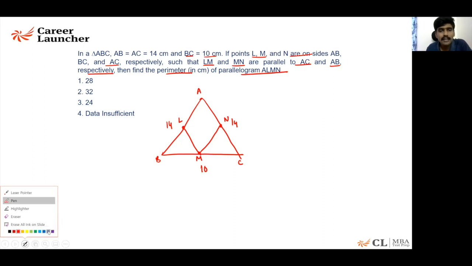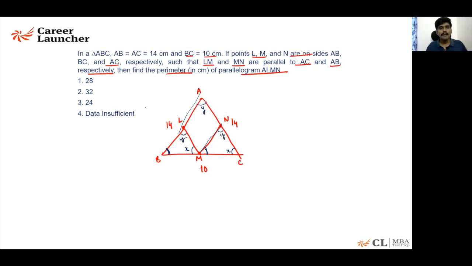Now, if you look at this parallelogram closely, what you will find is that this angle is equal. These two sides are parallel. If you look at this, AB will be parallel to MN. So this angle is also equal, right? If this is say angle X, this will also become angle X, as well as these two sides are equal. So angle A is a common angle. If this is angle Y, this will become angle Y as well.